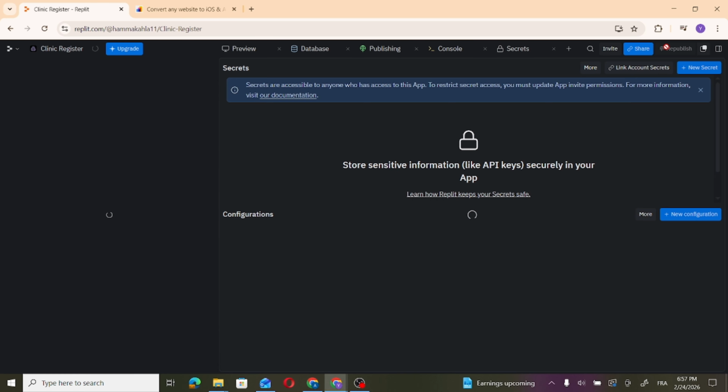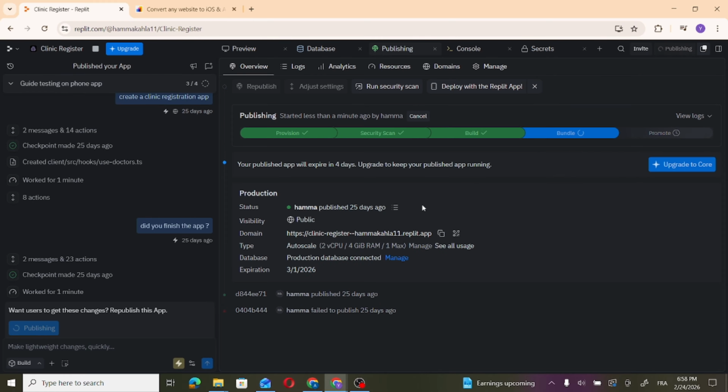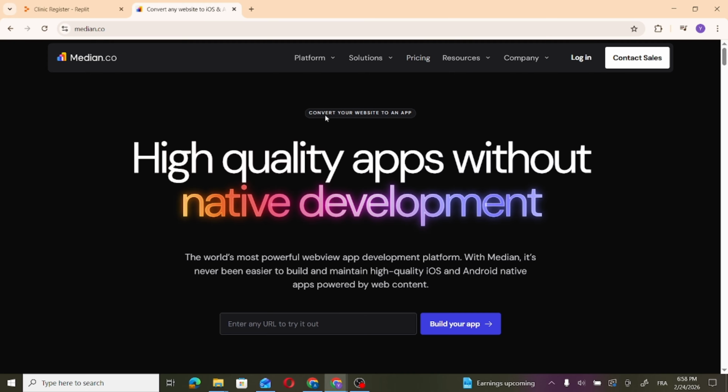And now we need to take the app URL, so press on republish here. Now you can see your URL here. You just copy the URL here and then go to median.co and then paste your URL here and then press